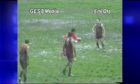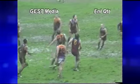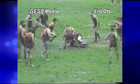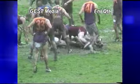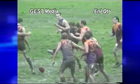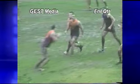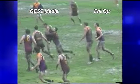And 4.5 minutes gone last quarter, no score in the quarter as yet. Thomson 9 points in front. Gage and Horriban again do the ruck work, comes down to Riley at ground level, dives on the ball, got to be lucky there, comes out, McCormick picks the ball up, but doesn't get a kick away, this time with Jerkovic,